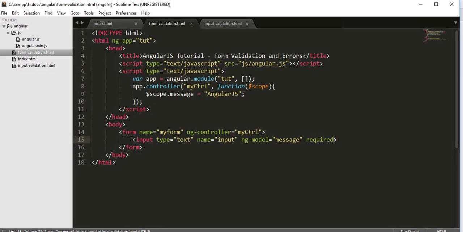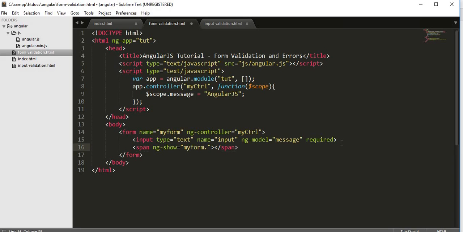Now we need to create a span to display our message. For that I will use the ng-show directive, and inside this I will refer to my